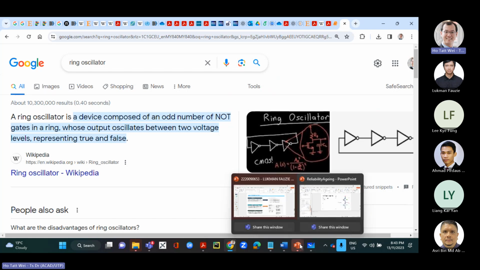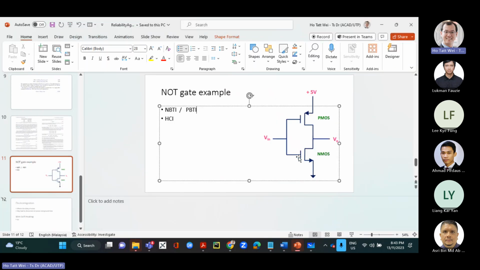So if I were to use this in a ring oscillator, and I tell you that the duty cycle is 50%, that means half the time I'm spending in logic 1, half the time in logic 0, then the primary mechanism will probably be HCI. HCI will be a dominant mechanism because you have a lot of transitions, 1, 0, 1, 0. So both the PMOS and NMOS will be affected by HCI, but they will also be equally affected by NBTI and PBTI because you're having half the time at logic 0, half the time at logic 1.